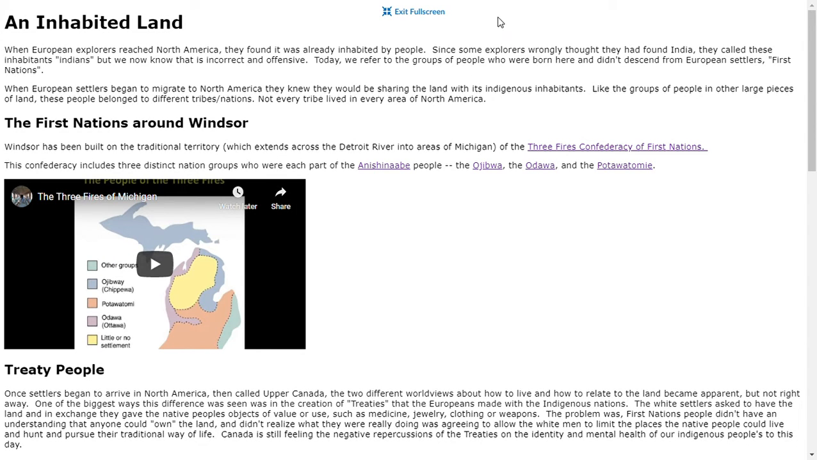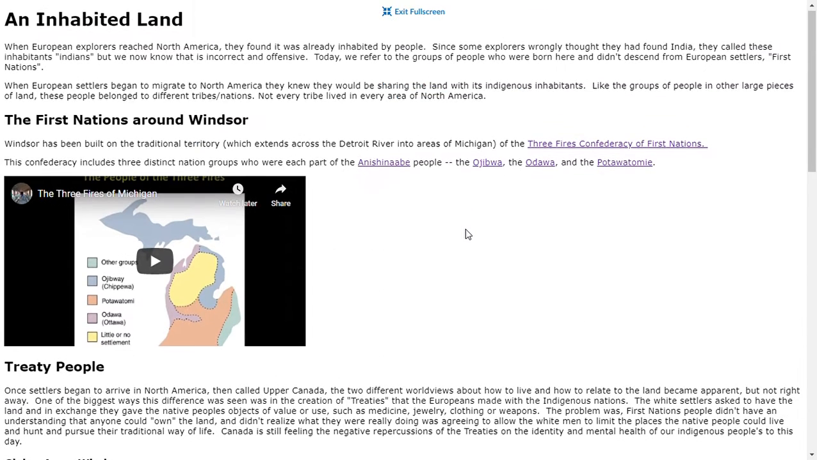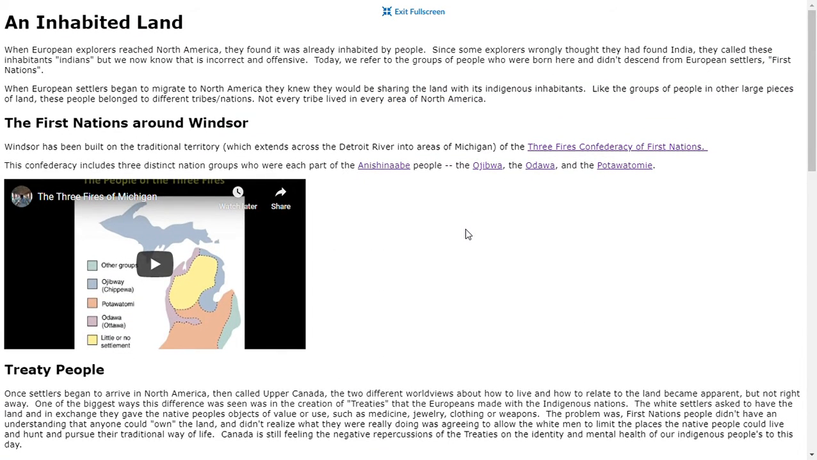All right, we are in lesson 01B part 2, where we will be reading An Inhabited Land. When European explorers reached North America, they found it was already inhabited by people. Since some explorers wrongly thought they had found India, they called these inhabitants Indians, but we now know that is incorrect and offensive. Today, we refer to the groups of people who were born here and didn't descend from European